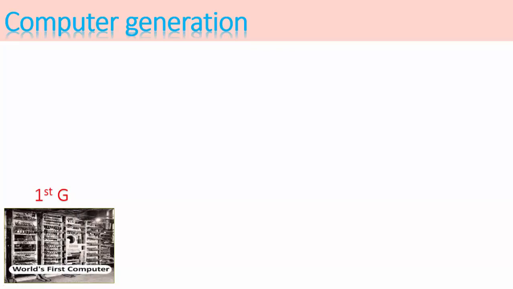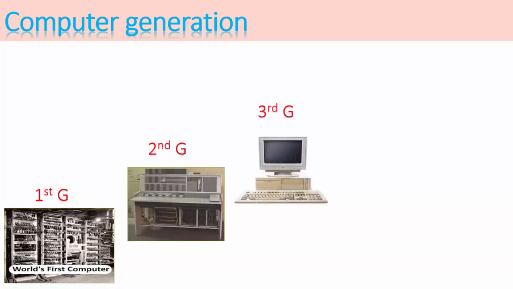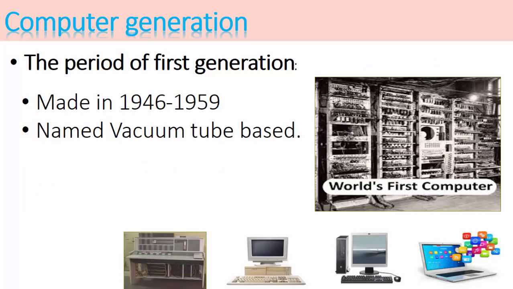Students, as I said, we have five generations of the computer: the first generation, the second generation, the third generation, the fourth generation, and the fifth generation. Let's discuss the period of the first generation. Students, this generation was made in the